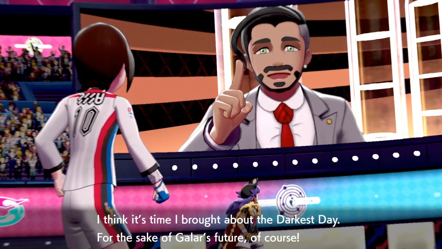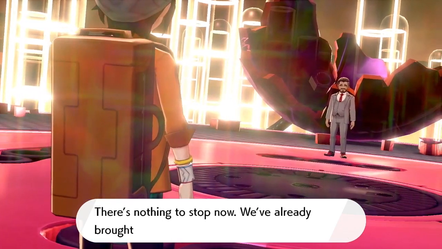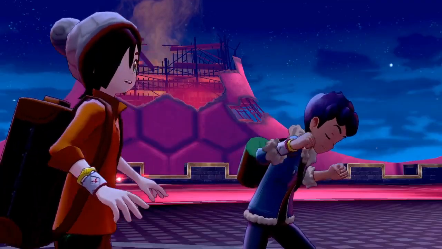Chairman Rose then decides to unleash the Darkest Day, so we gotta do what's right and we gotta humble him. Chairman Rose's team of steel types are all weak against us, and Hinata is easily able to body this clown on the Darkest Day. We go through the Eternatus cutscenes and we're able to defeat him using Flare Bits in